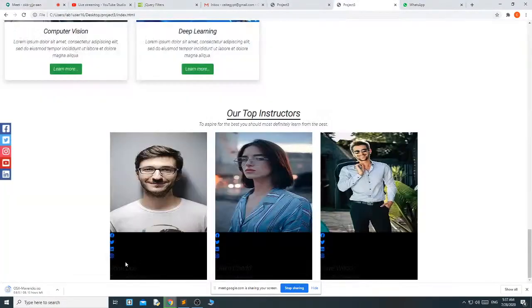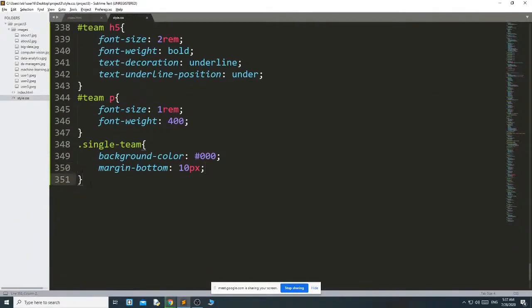Okay, like this. Now after this, dot single-theme hover dot social. Please check that the spelling is correct.